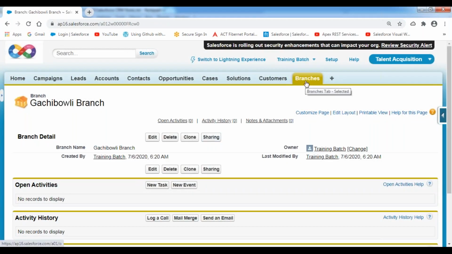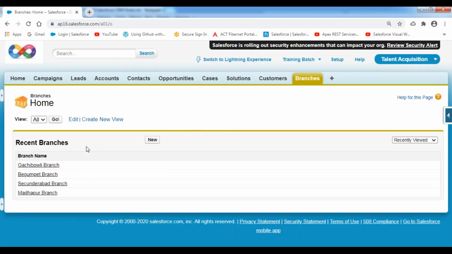From there onwards, you can create the records, manage the records, update, delete, view, we can perform all the operations. This is the way we have to follow to create the tab for your object. Upon creating the object, if you did not select the last checkbox, then this is the navigation we have to follow to create the tab for your object. This is the concept of tabs inside your Salesforce instance. This is how we can create the tabs for your custom objects.